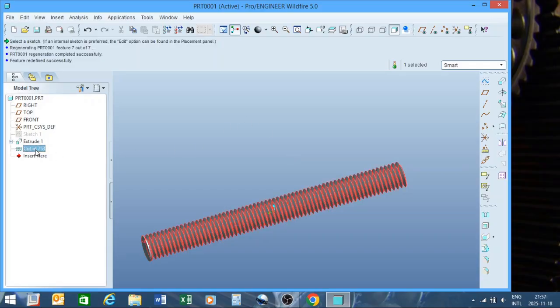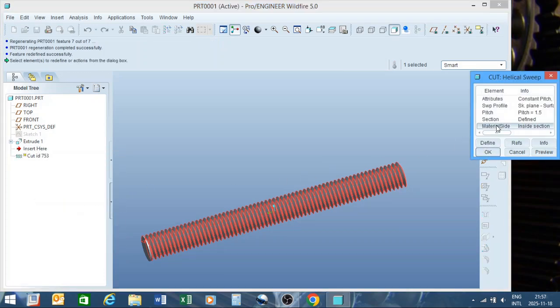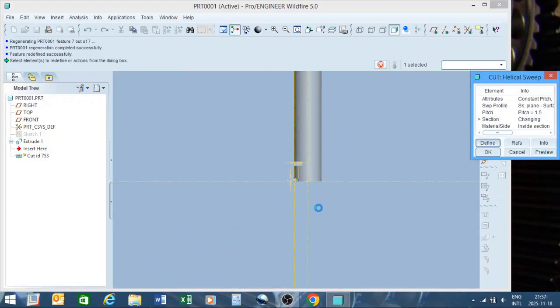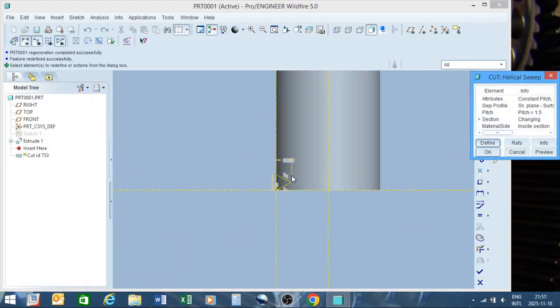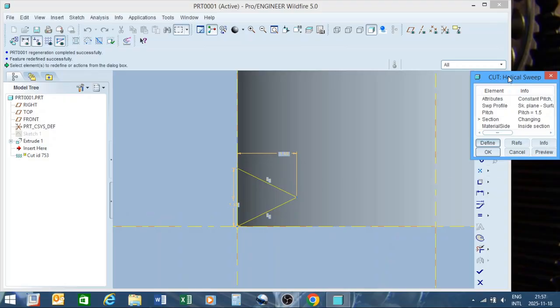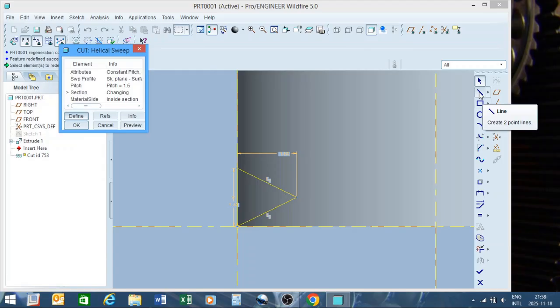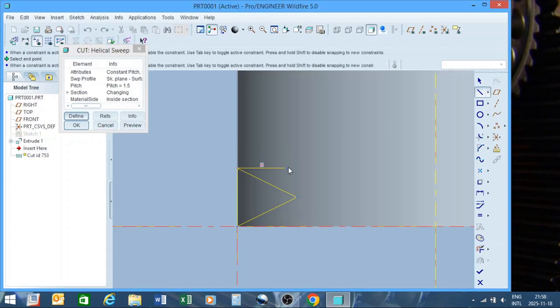So okay, if we now want a square thread, we're going to click here, we're going to right click, we're going to edit definition, we're going to say section, define. Obviously we're going to take this now and we're going to turn this into a square thread if we want a square thread. So do that, and that. Okay,